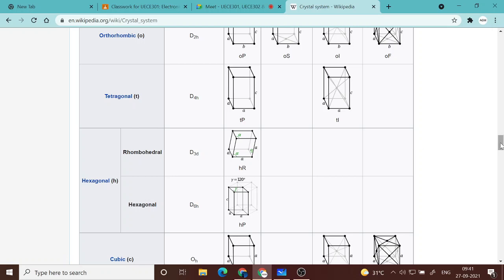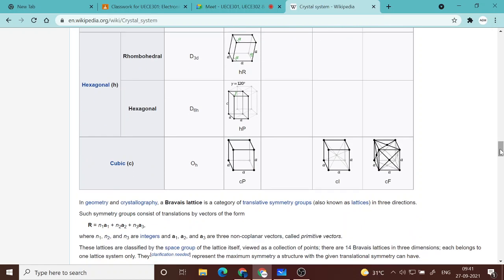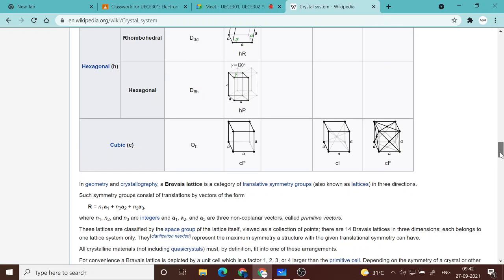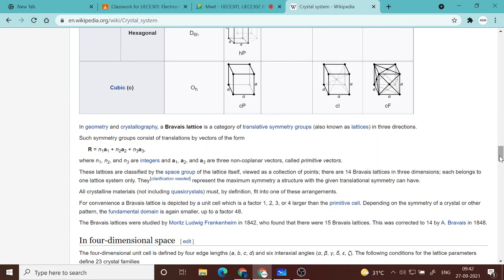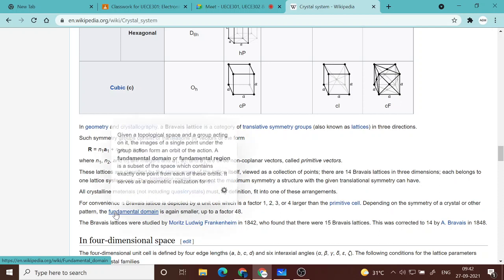And hexagonal, so there is a hexagonal with the bracket edge, and there is a hexagonal which is a different crystal system. So here, 2 sides are the same, one side is different, and of the angles, 2 of them are 90 degrees, and one of them is 120 degrees. Gamma is 120 degrees, but the other 2 angles are 90 degrees. And the most common is what is called the cubic, which I already discussed. Okay, so this is what I was telling.